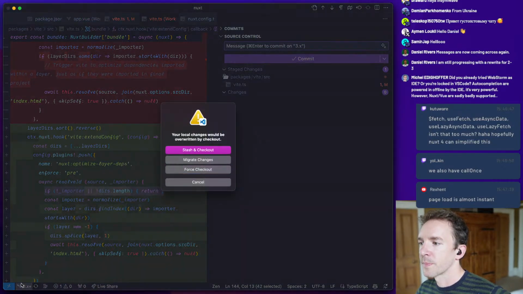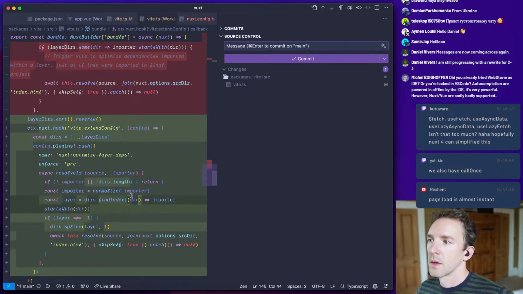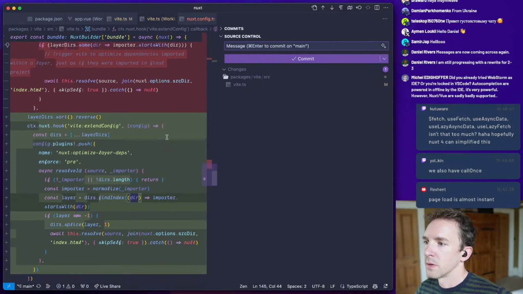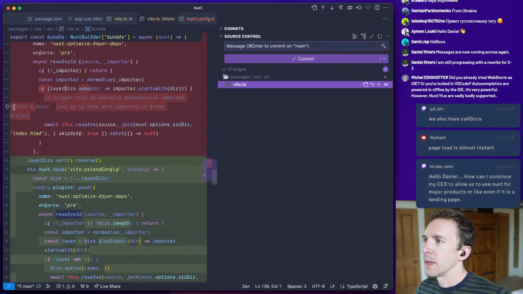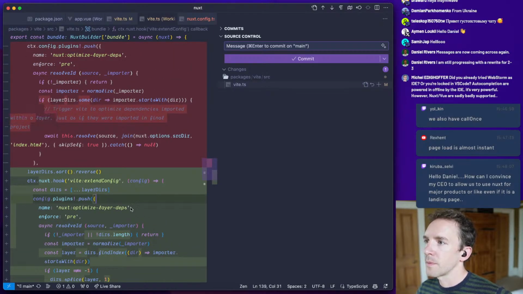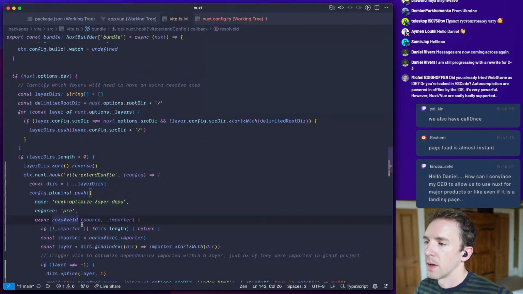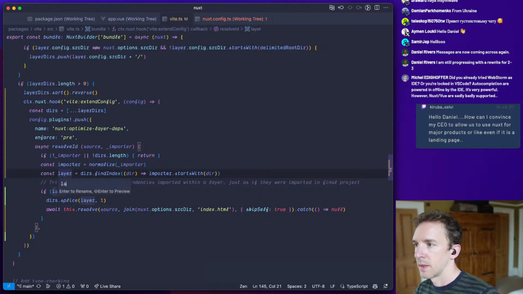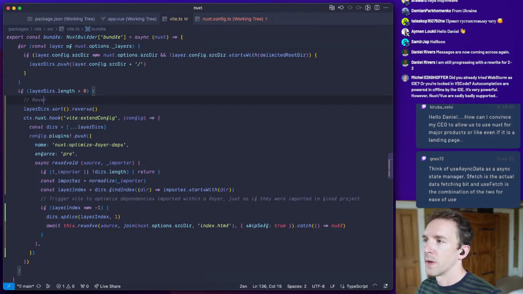pop back to main branch, and we are going to... Oh, did I somehow lose the comment? So copy this. And we're going to give it a better name. That will be something like layer index. And we'll explain why reverse. So longest directories are first.